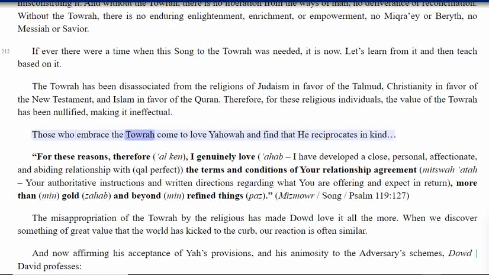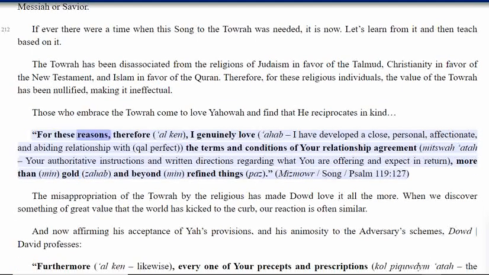Those who embrace the Torah come to love Yahowah and find that he reciprocates in kind. For these reasons, therefore, I genuinely love Ahab. I have developed a close, personal, affectionate, and abiding relationship with Kal, perfect, the terms and conditions of your relationship agreement, Mitzvah Otter, your authoritative instructions and written directions regarding what you are offering and expect in return, more than, min, gold, zahab, and beyond, min, refined things, pars. Mizmowr, Song, Psalm